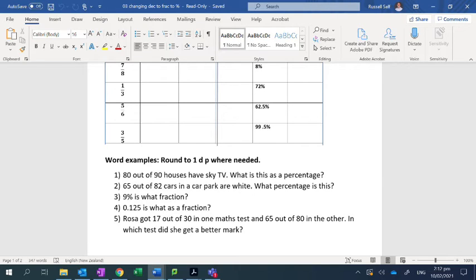So you can do it all in the same exact process. Put 80 over 100 using your fraction key. And remember, your fraction key on your calculator looks like that,